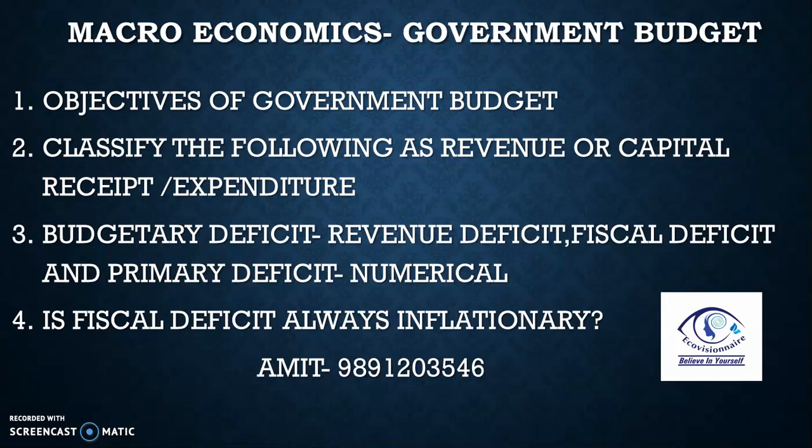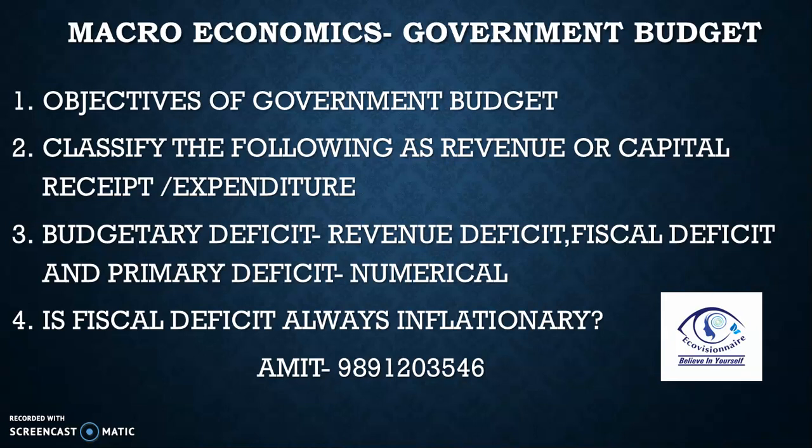Whereas when you encourage or discourage certain kinds of goods or services, then that comes under reallocation of resources. Having high taxes on tobacco or more tax on alcohol is reallocation of resources. Giving subsidies to EVs, electric vehicles, is also reallocation of resources. Economic growth talks about increasing GDP, increasing output, and economic stability is controlling the situation of inflation or deflation. So that is how you identify the objectives of government budget. So first two are the most important ones.